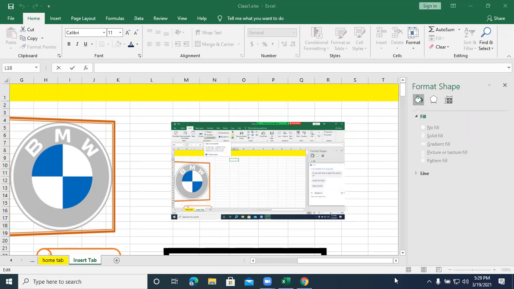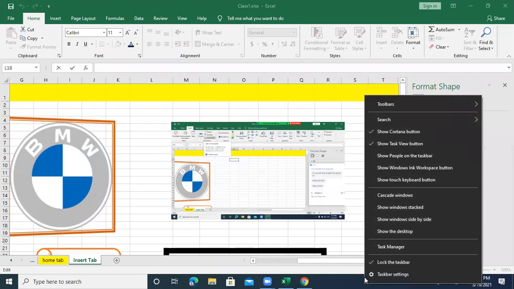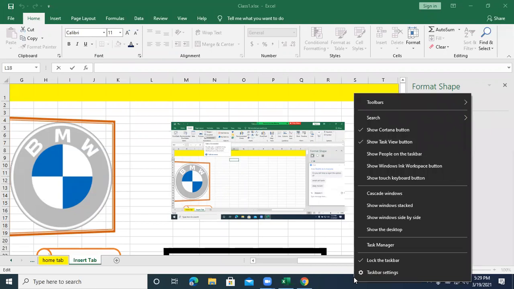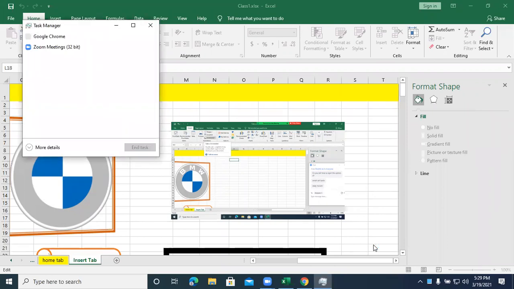I just tried to quit Excel. Just right click on the taskbar. Did you save the work? It's showing cannot quit Microsoft Excel. Yes, ma'am, I saved. So right click on your taskbar. There's a task manager. You will get the Excel file, select it and click end task.